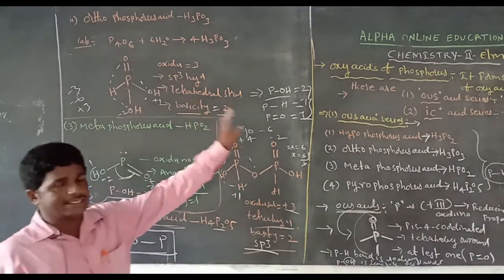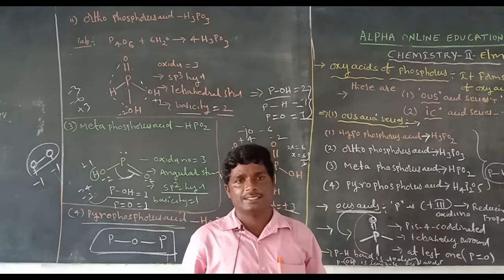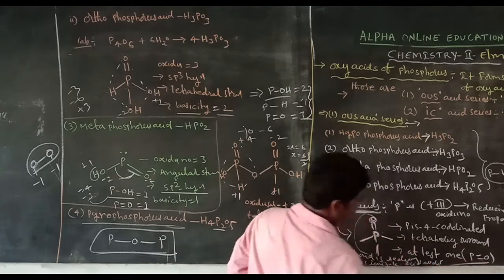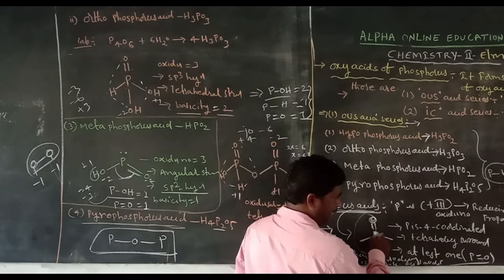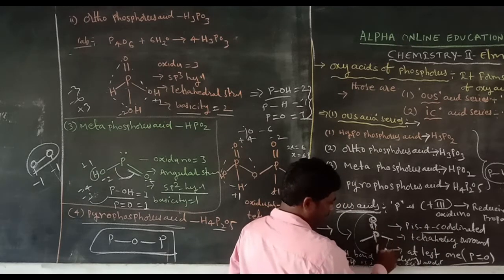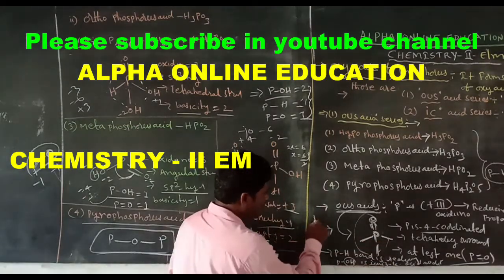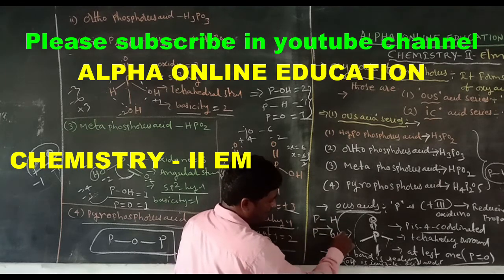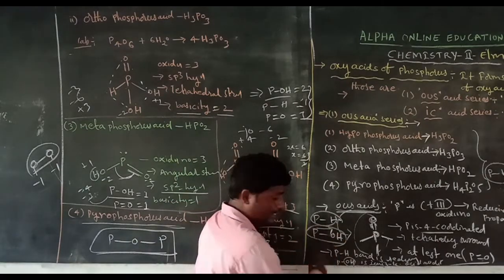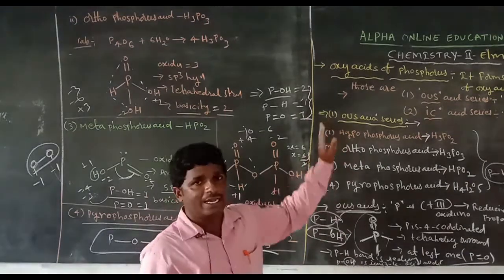That is the phosphorus acid series. All the acids in the series have at least one P=O. Each phosphorus atom is coordinated with four groups, including the double bond O. At least one P=O, P-H and P-OH are present. P-H indicates the reducing nature and P-OH indicates the acidity. Those are the properties of the acid series.